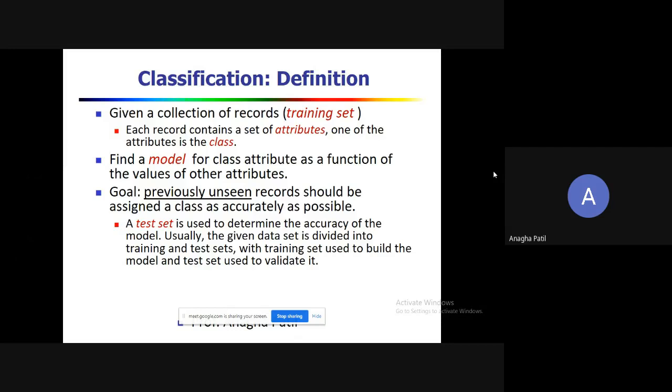That would be divided, say 750 used as the training set, and the remaining 250 used as the test set. Based on the training set, we build the classifier, and the test set is used to validate it. This is just a brief introduction about classification.